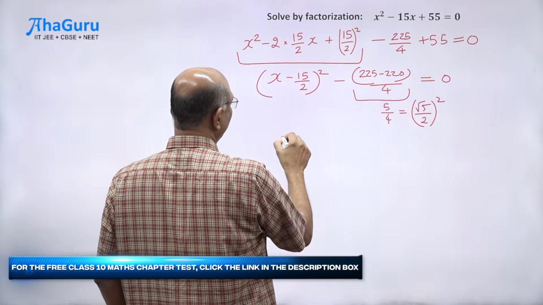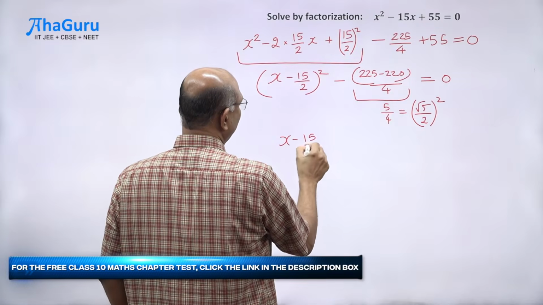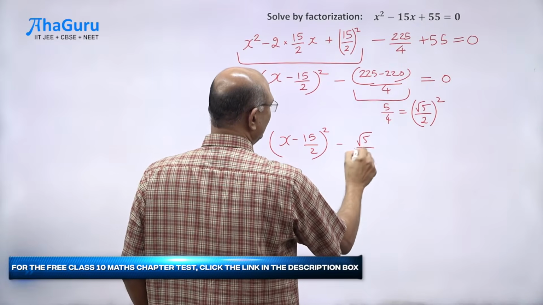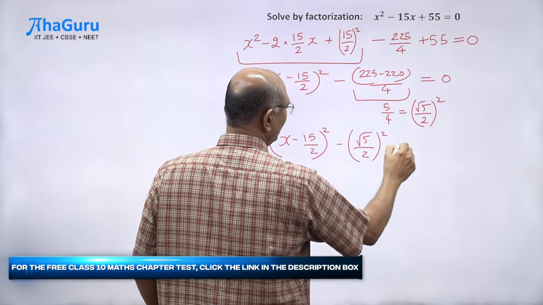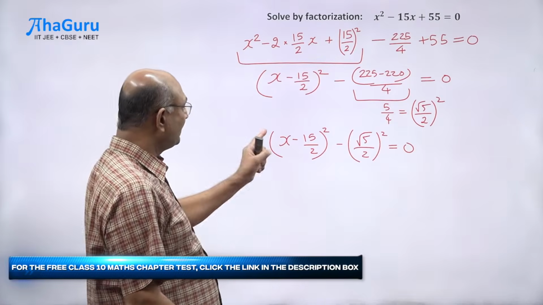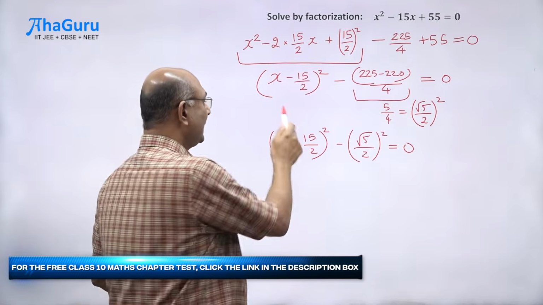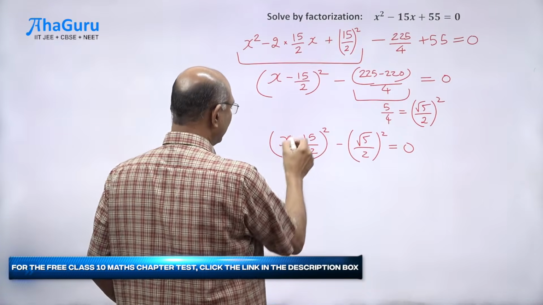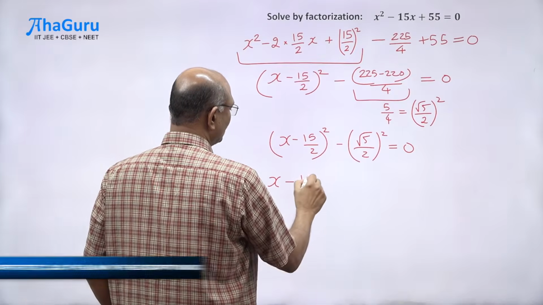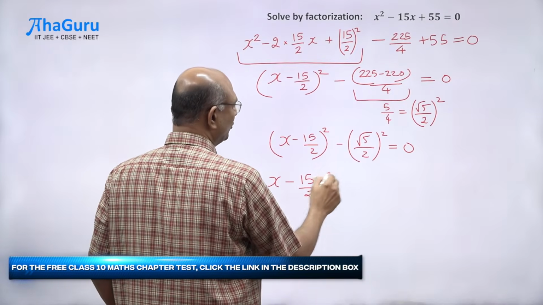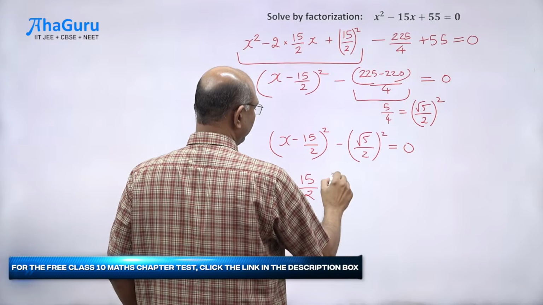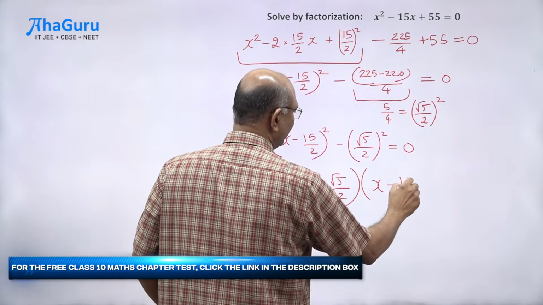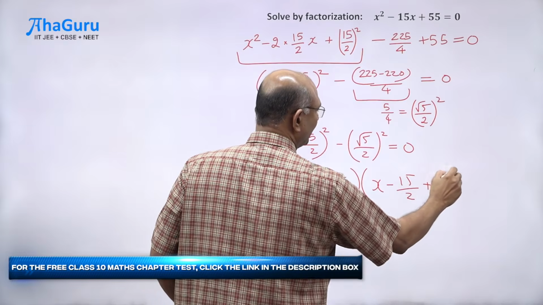So let us now write what we have got. x minus 15 by 2 whole square minus root 5 by 2 whole square equal to 0. And so now we have got a square minus b square. So we can write a plus b, a minus b, or a minus b, a plus b. So let me do a minus b. So x minus 15 by 2 minus root 5 by 2, into x minus 15 by 2 plus root 5 by 2